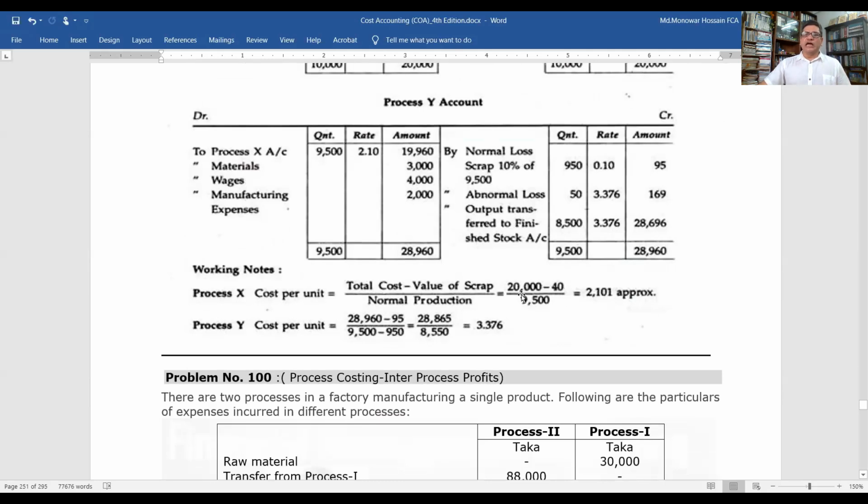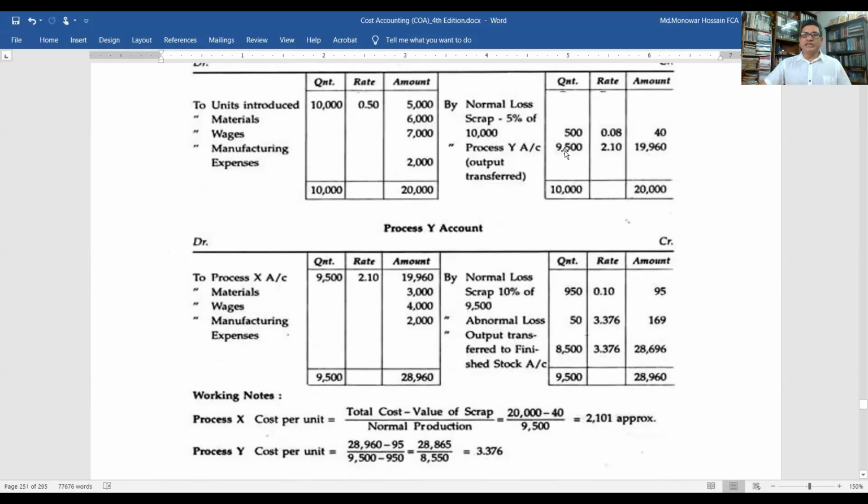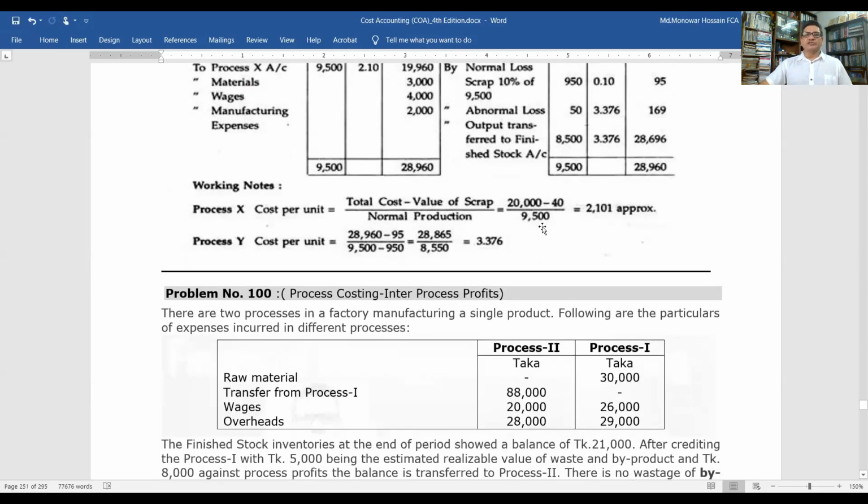So 20,000 minus 40 taka of scrap value, divided by the finished output, that means the goods transferring to the next process Y, 9,500, and so we can say that in process X the total cost per unit is approximately